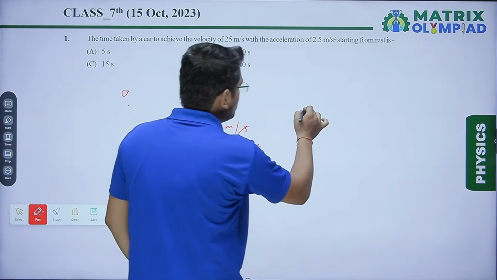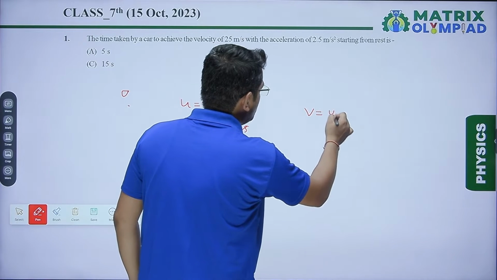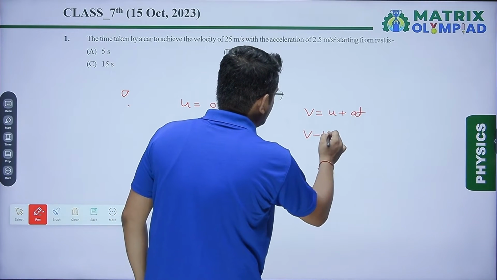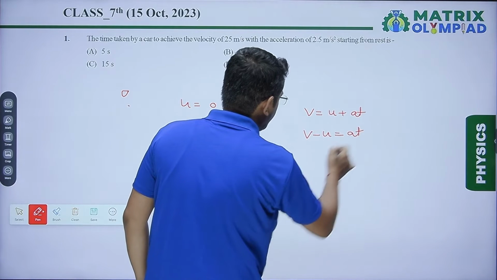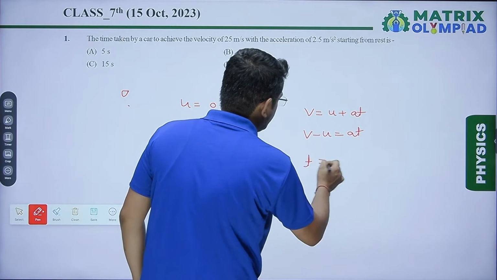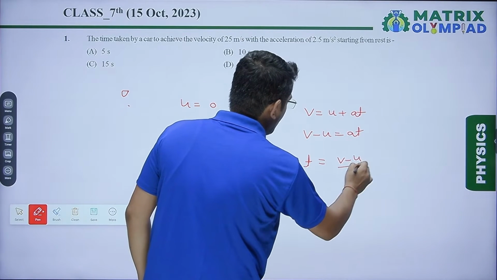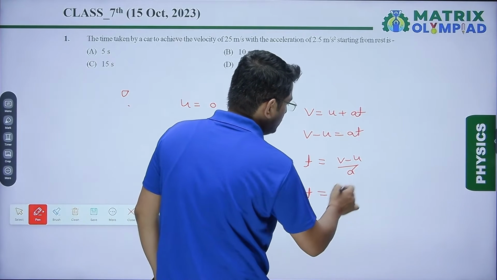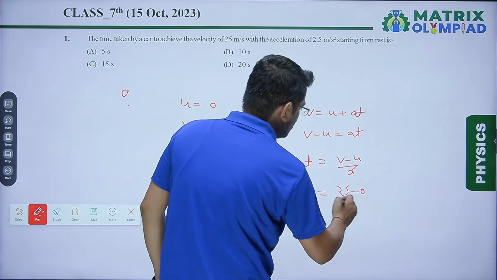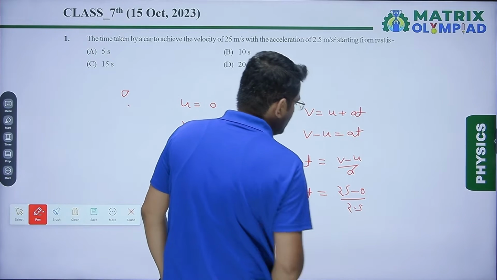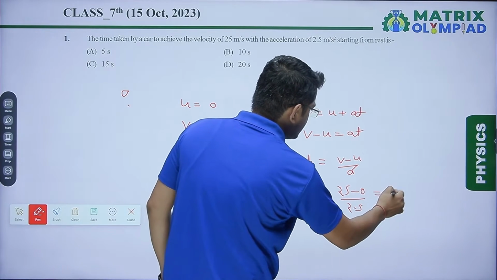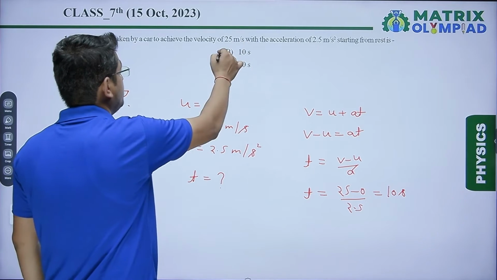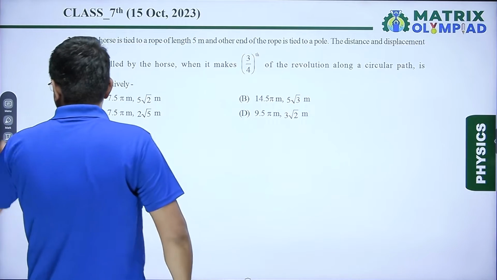From the first equation of motion, we know that v is equal to u plus at. So we can write v minus u is equal to at. From here, we can write the formula of t, which is v minus u upon a. Now, putting the values, t becomes equal to 25 minus 0 divided by 2.5. From this, we get our answer, that is 10 seconds. So the correct answer will be option B, 10 seconds. In next question,